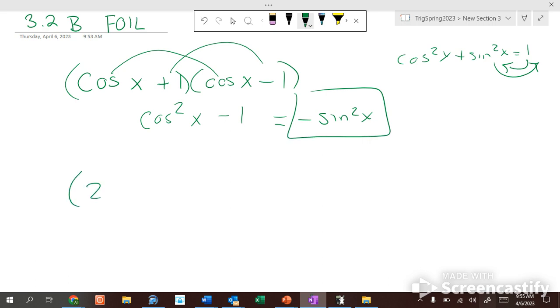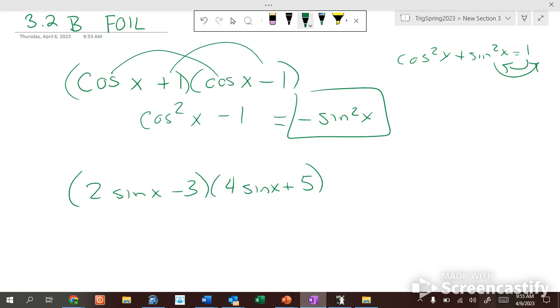What if I have 2 sine of x minus 3 times 4 sine of x plus 5? Now all of a sudden I'm going to have a middle term because they're not conjugates of each other. Just because the middle sign is opposite doesn't make them conjugates. They have to be the exact same thing except for the middle sign is opposite. Okay? So if we FOIL this,